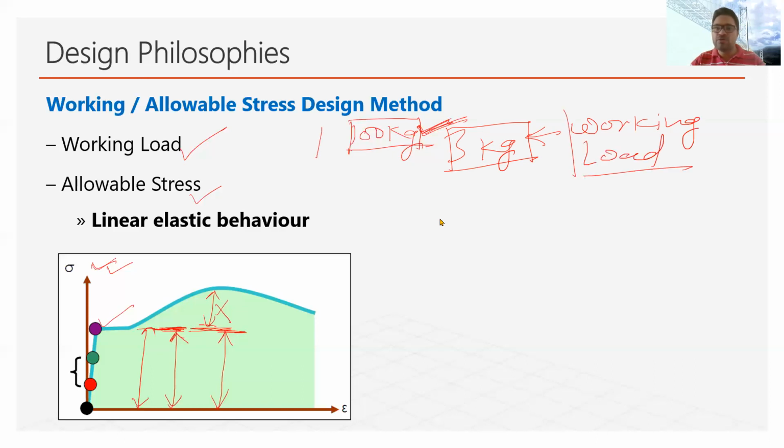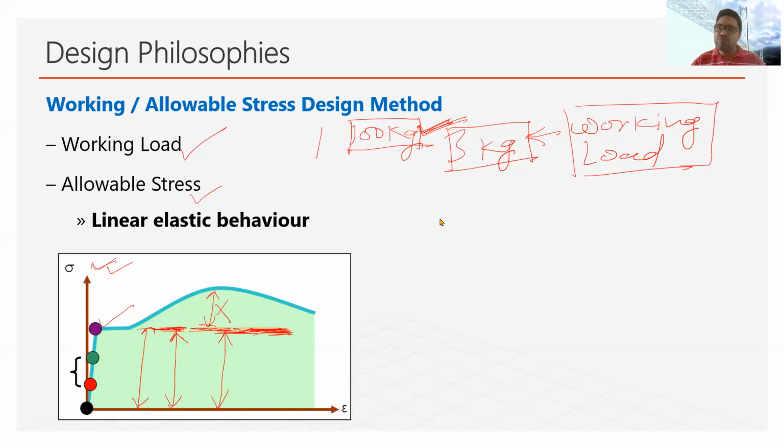Now if we compare this theory with the steel, we can say that the yield strength is the maximum load this steel can carry, but we will not apply this much load to the steel. Because if we apply this much load to the steel, then it may not carry the same load for a particular period, say for its entire design life for which it is designed.